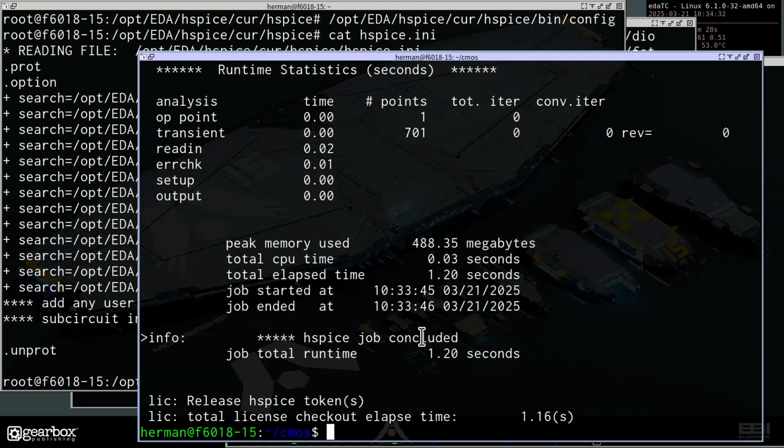If you see this line not concluded but aborted, if you see this line abort, that means there is something wrong. Maybe that is because of your SPICE problem, or maybe that is your software problem. However, I can run this without any error. That means my SPICE code is correct, and my HSpice installation is also correct. Understand?